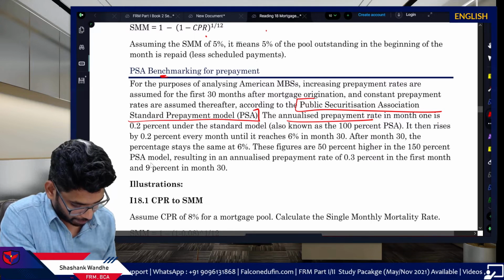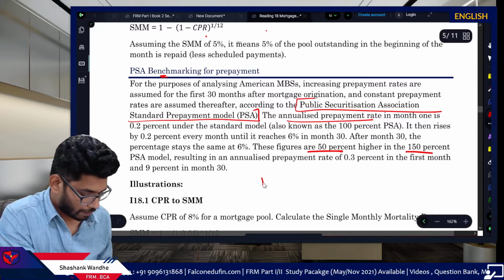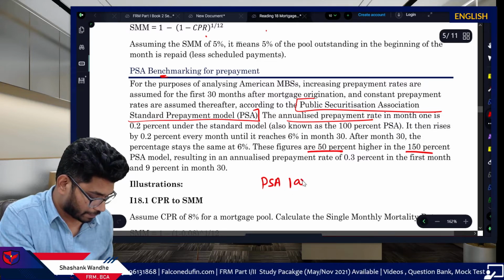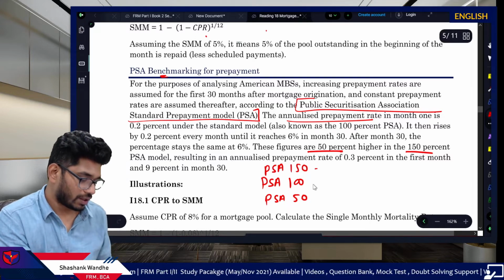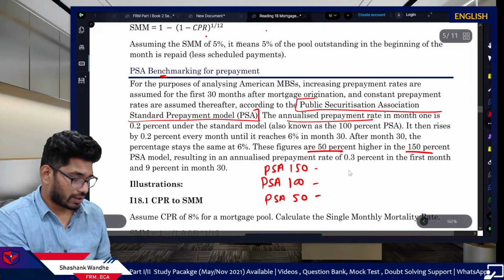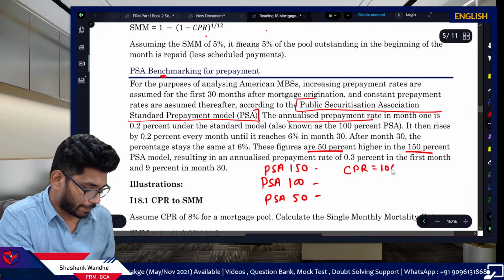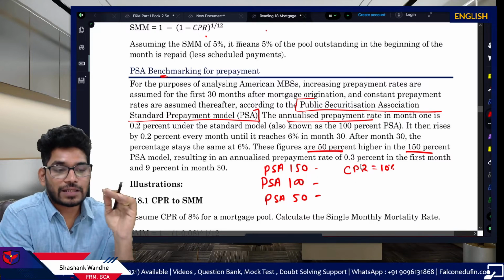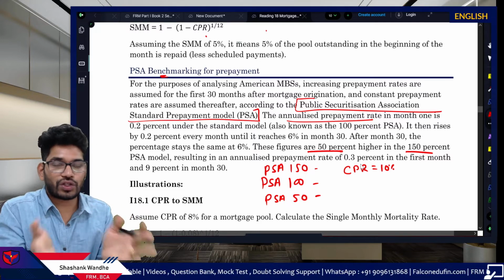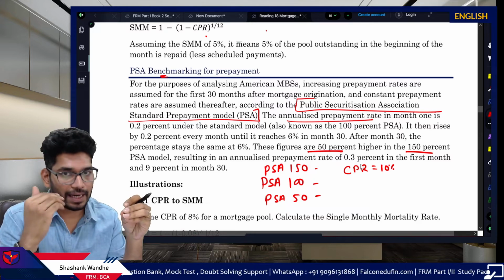I will just show you where the PSA value is. Okay, we have it here: PSA 100, PSA 50, and PSA 150. So what is the meaning of all this? If your CPR is say 10%, when the PSA is 150, PSA keeps on changing. Based on the pool structure or the market benchmark and everything, the PSA will be decided: 150, 100